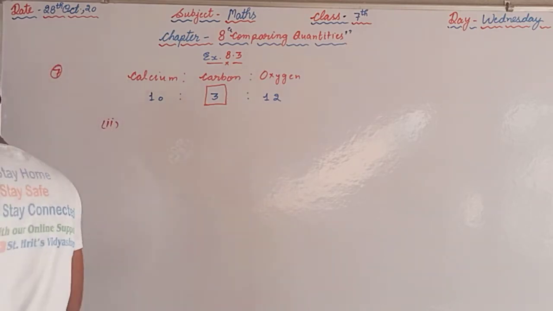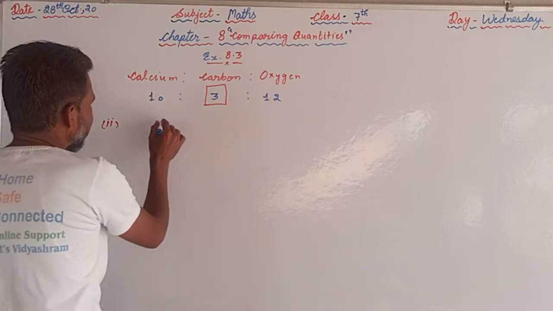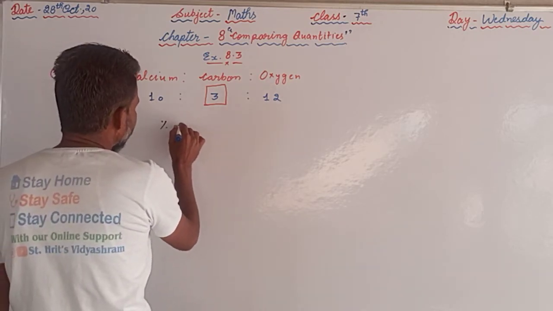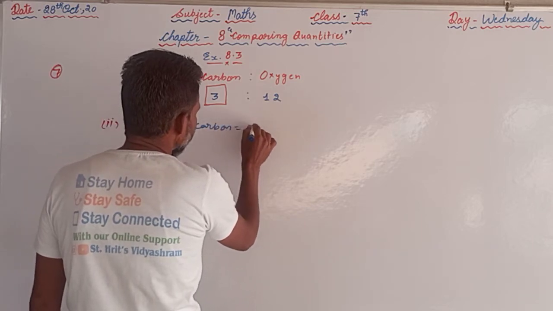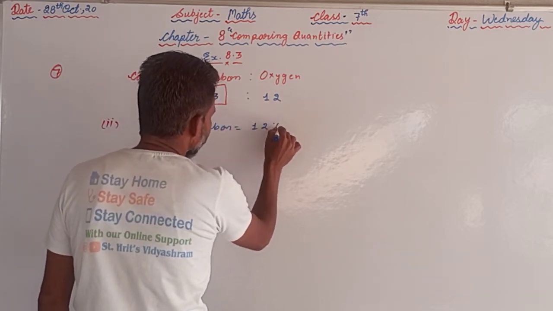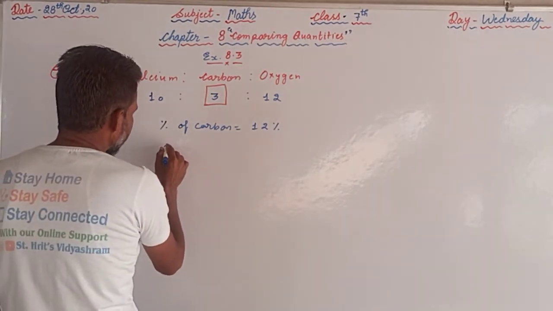In the second part it is given that in a stick of chalk, carbon is 3 gram. What is the weight of the chalk stick? So percentage we have already calculated, percentage of carbon, that is 12% in the previous part. Now the weight of the carbon is given,